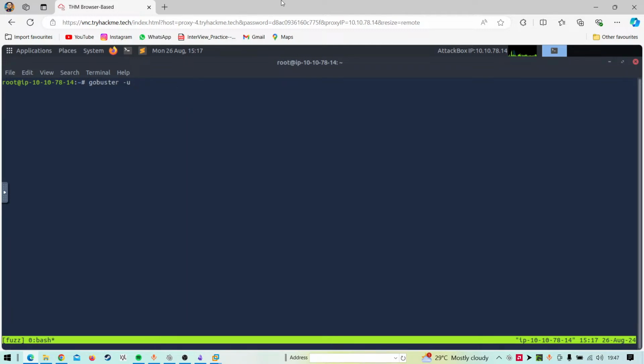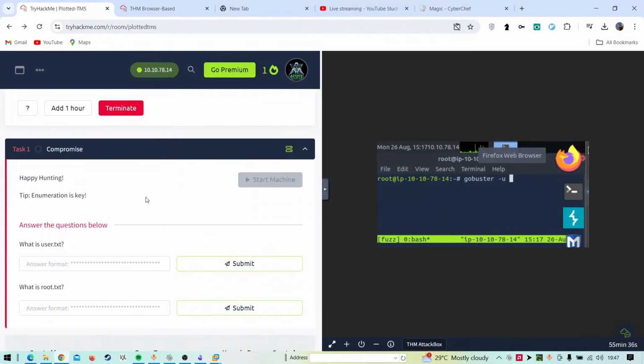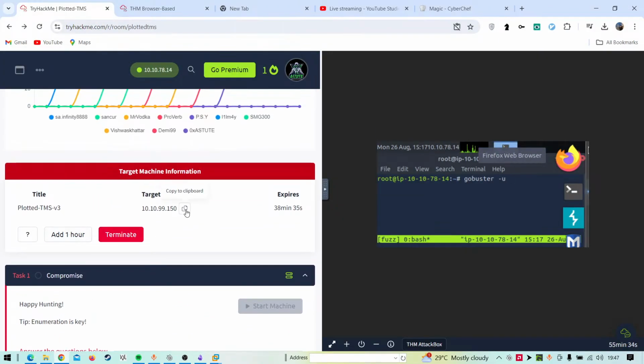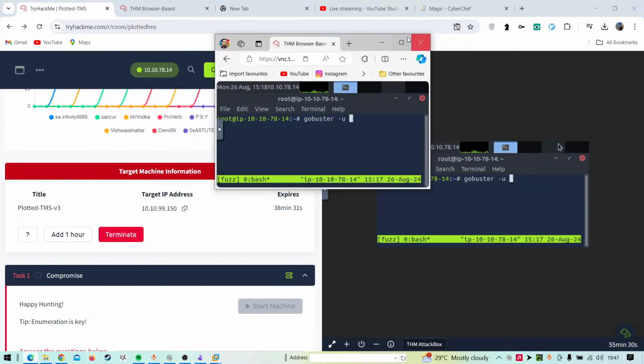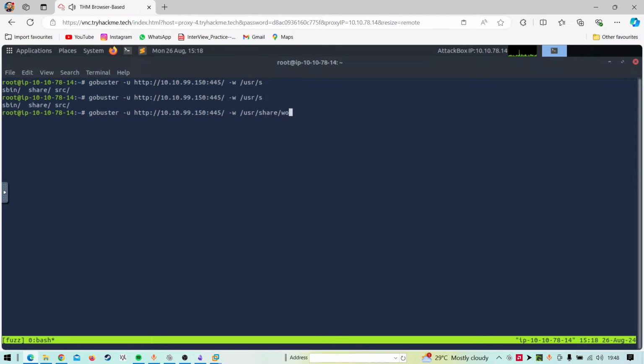So if I copy the IP of this and paste it with http colon and port 445, and let's use a wordlist. Share wordlist.